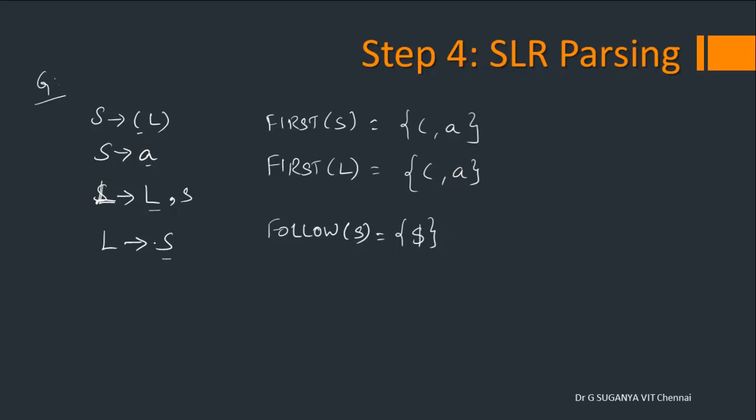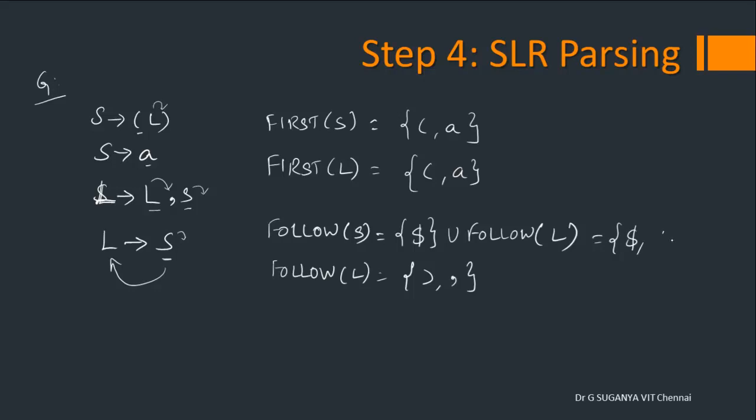Now coming to computation of follow of S: it will obviously include dollar because it is the start symbol. So just check where you have S on the right hand side. It appears in two places, right? In both cases we don't have any symbol after it, which is assumed to be epsilon, and hence we move to the left and add its parent's follow. So we have to add follow of L. Coming to computation of follow of L, L is followed by a terminal symbol in two places, one is close bracket, another is comma. So we have to add both. We don't have any other L over here, and hence follow of S will have dollar, close bracket and comma.